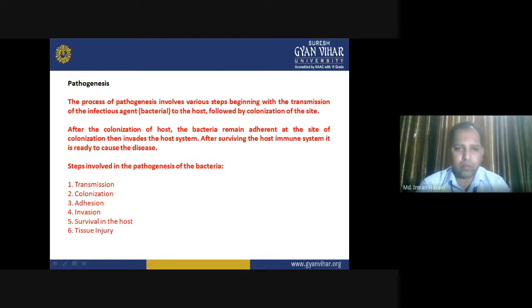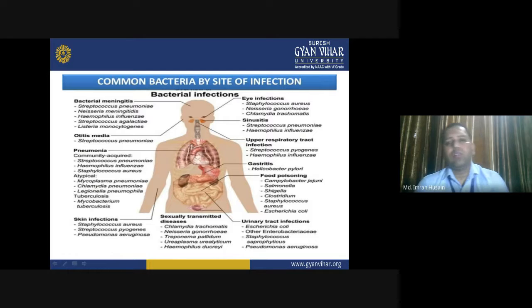Here in the diagram we are talking about some common sites that suffer from bacterial infection, like eye infection by Staphylococcus, Neisseria, Chlamydia, sinusitis by Streptococcus, Haemophilus, and upper respiratory tract infection because of Streptococcus and Haemophilus,